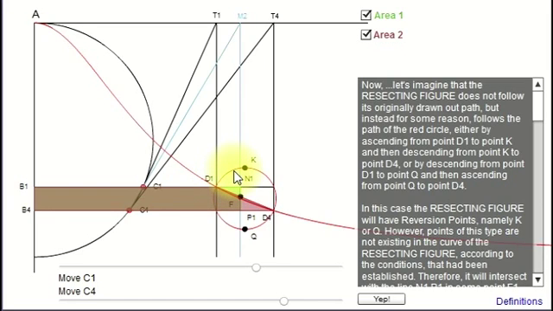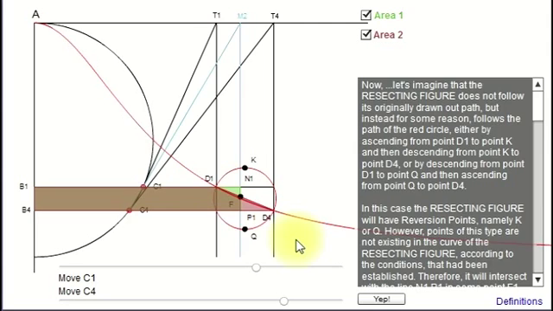And what the resecting figure never will have either is reversion points. So that means points like K or like Q, where you have an apex of a path basically circumventing this complementary rectangle. That's not possible. And he was just showing that to make sure